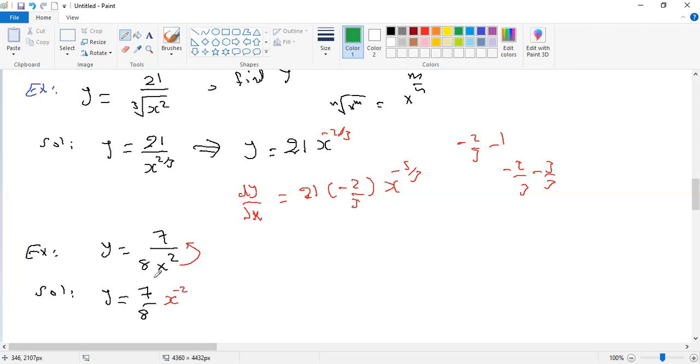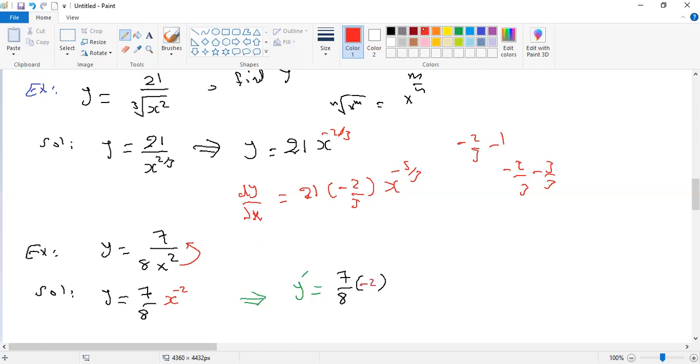Now see, students, this is the k, this is the n, and this is the x, so kx^n. Now, the rule: how to get the y prime. See, I write it here. We have y prime, or dy/dx, equal to n times k. So we have 7 over 8 times negative 2,